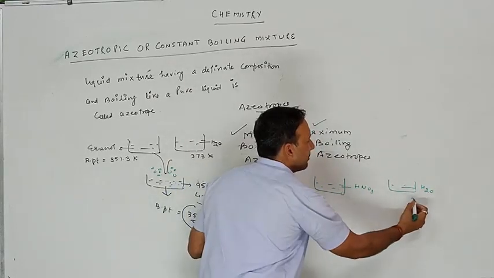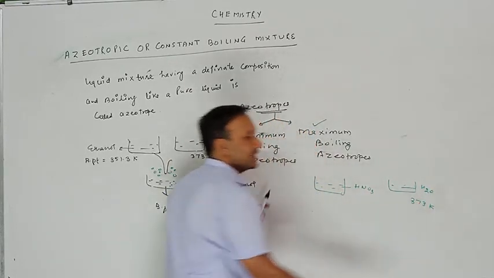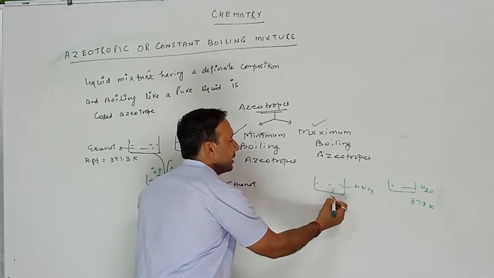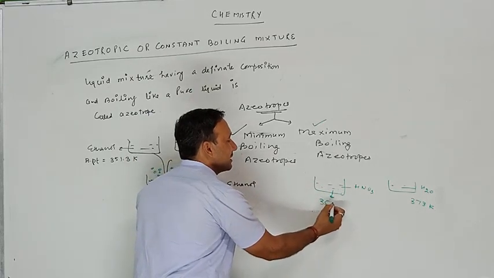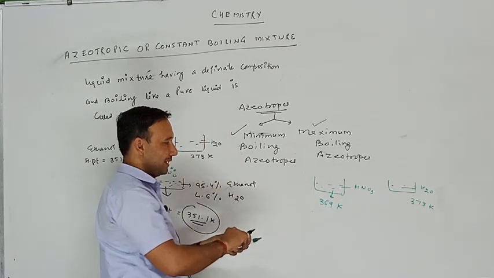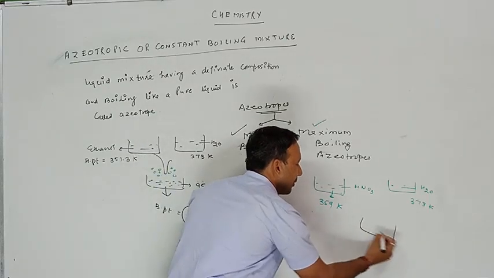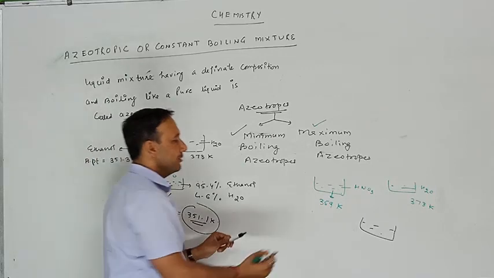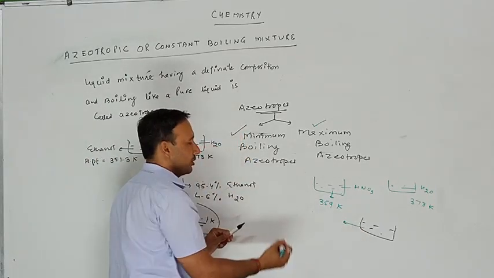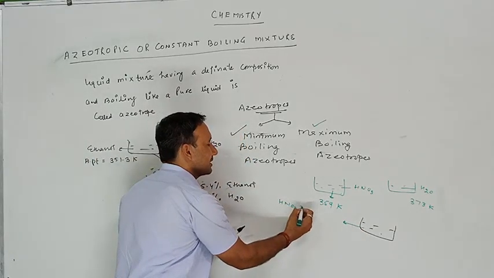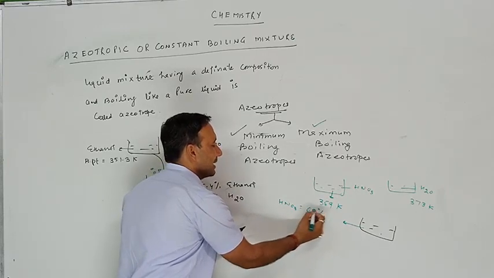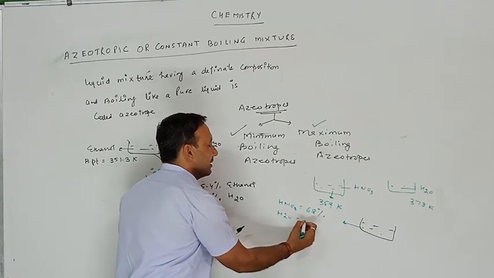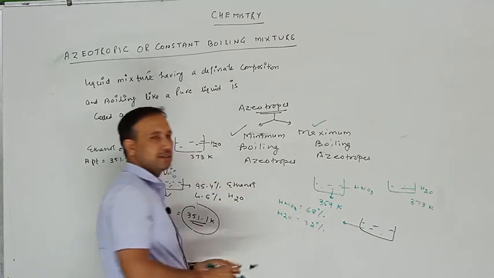Water has a boiling point of 373 Kelvin and the boiling point of nitric acid is 359 Kelvin. If a liquid mixture is formed by mixing nitric acid and water, in which the percentage composition of nitric acid is 68% by mass and water is 32% by mass,